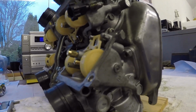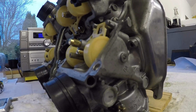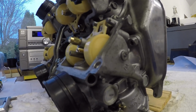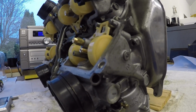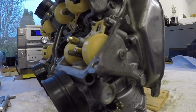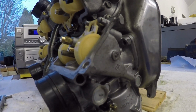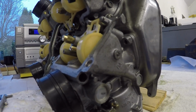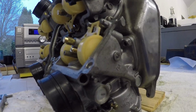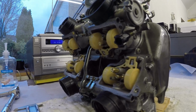Okay, wee bit of an update here. Having discovered that we still had a leak out of the overflow whenever we fitted the carbs to the bike, I took them off again. Disgruntled, I must admit, I was disgruntled. I was fed up and brought them back up to the garage. I hadn't checked the float height properly. I wasn't aware how to do it, and whenever I got back up here this evening, I took all the bowls off,